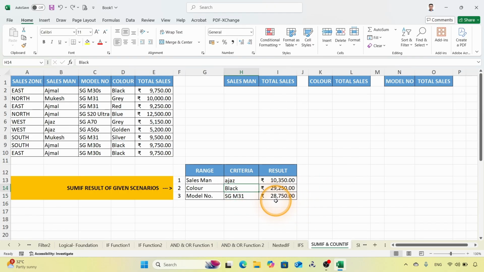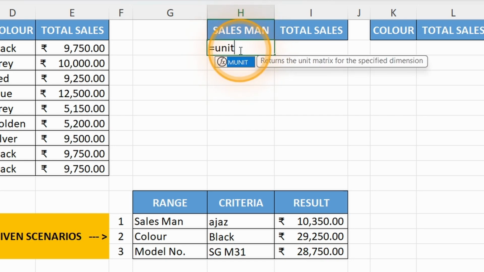In this way, we can get the sales result. Suppose we want all the salesmen's report here, then we have to list the salesmen and total sales here, and similarly here also we have to fill the data. Then we have to use a function to obtain the unique names of the salesmen. That is, we use =UNIQUE,